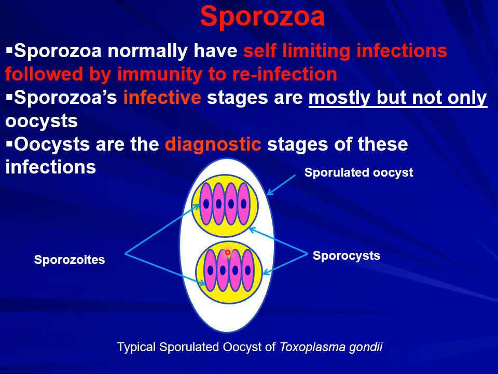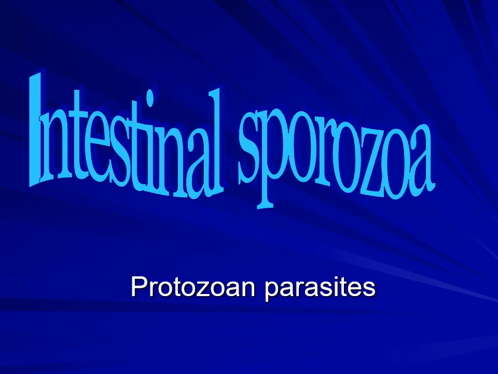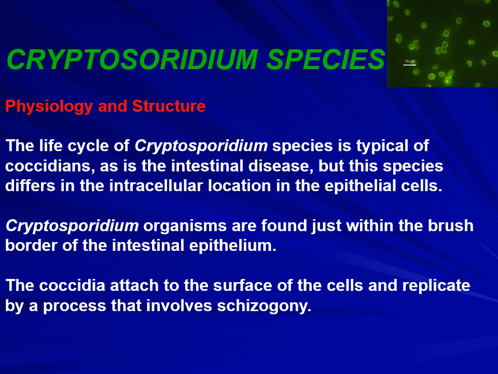For some of these parasites, upon excretion of the oocyst, we talk about an unsporulated oocyst. That means that the sporoblasts are there, but they have not yet developed into sporocysts or sporozoites. As I previously mentioned, coccidia can be divided into intestinal and into blood and tissue. We will start with the intestinal sporozoan parasites, and we will be covering mostly Cryptosporidium parvum, Isospora belli, and Cyclospora species. Let's start with the first sporozoan intestinal parasite, Cryptosporidium.